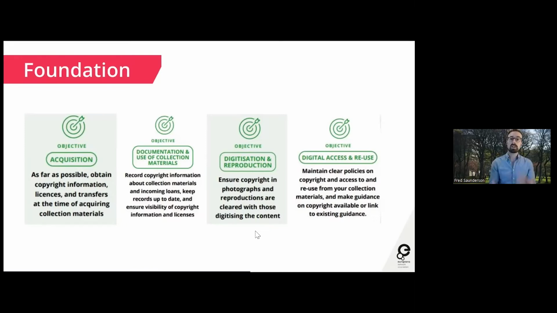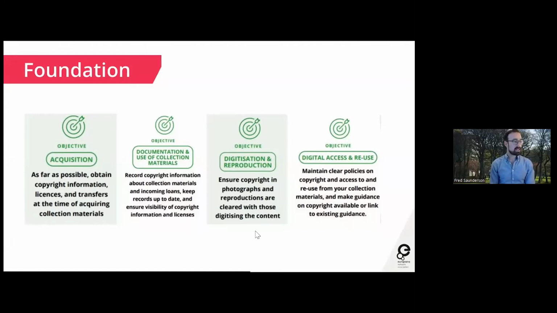So starting with the collections workflow here, and again, if you go back to Ariadne's point at the beginning, we've taken inspiration from things like the Collections Trust framework, which is a much broader collections management framework. So we think about the process here, the first step probably being the acquisition of material, and doing as much as you can to acquire knowledge and perhaps rights themselves, acquire knowledge about copyright at the point that you're acquiring material.